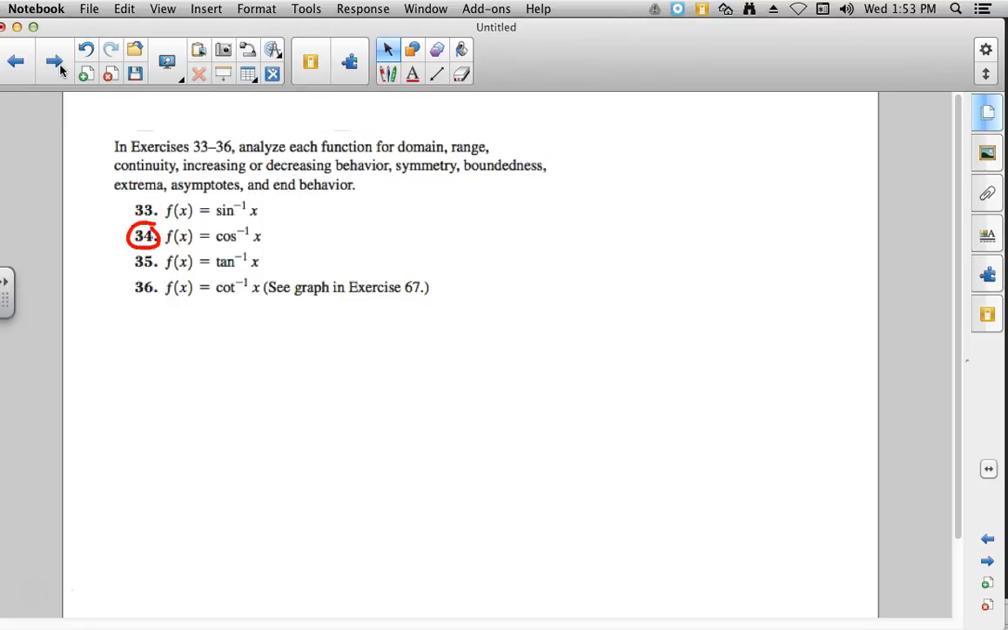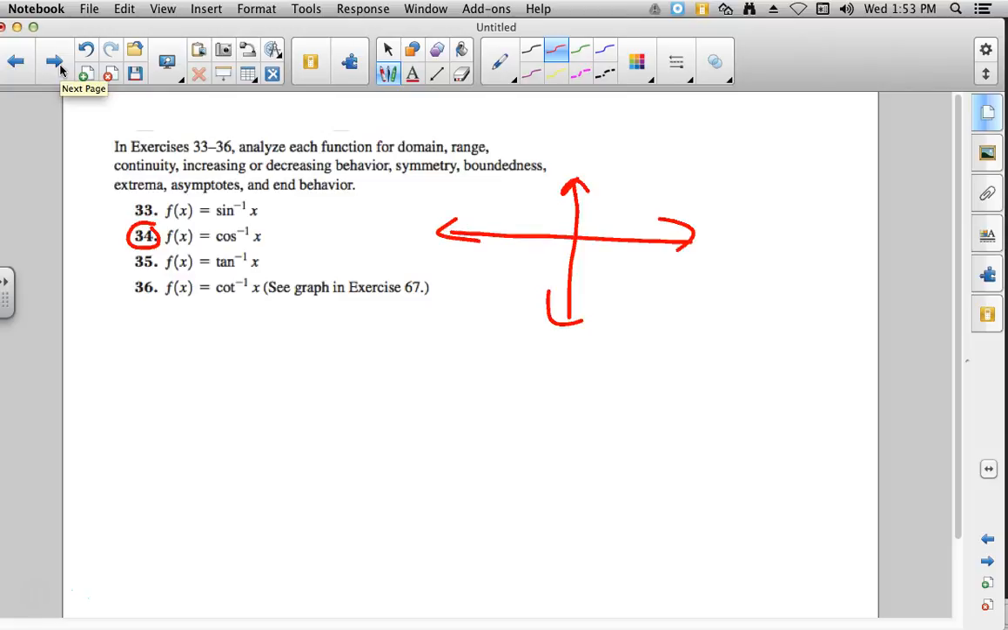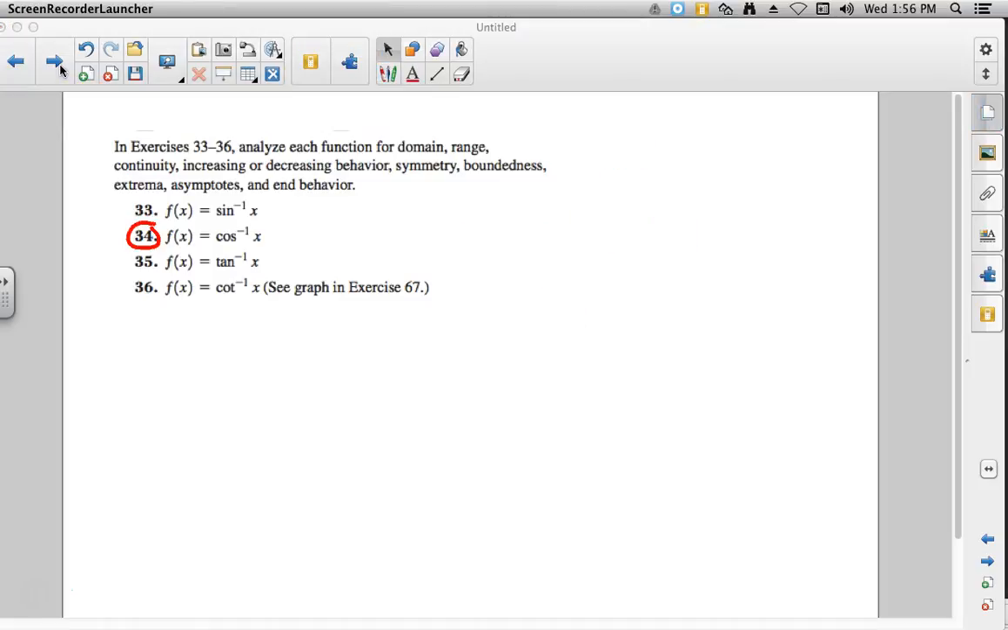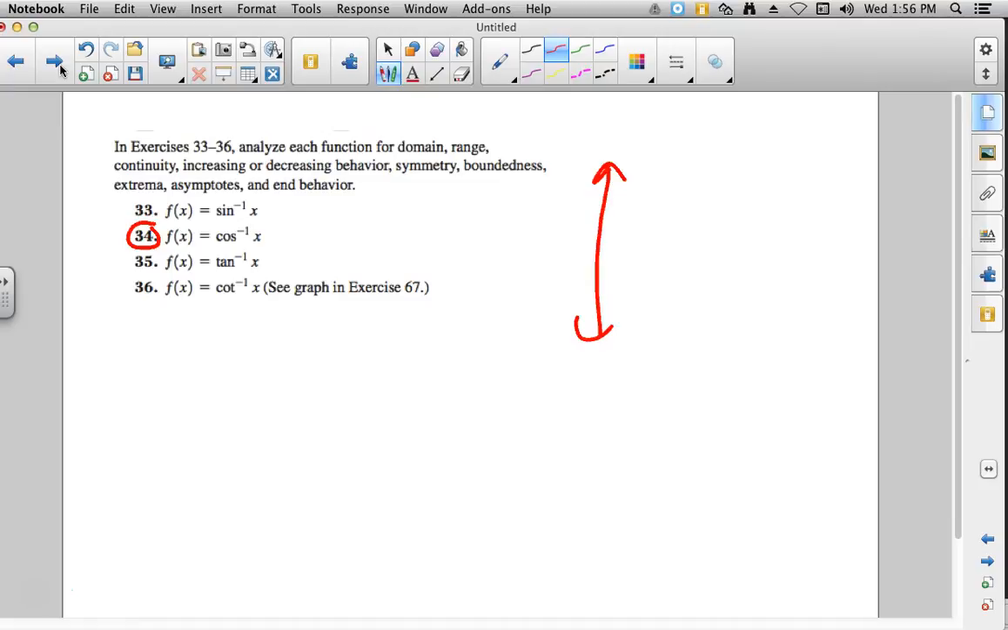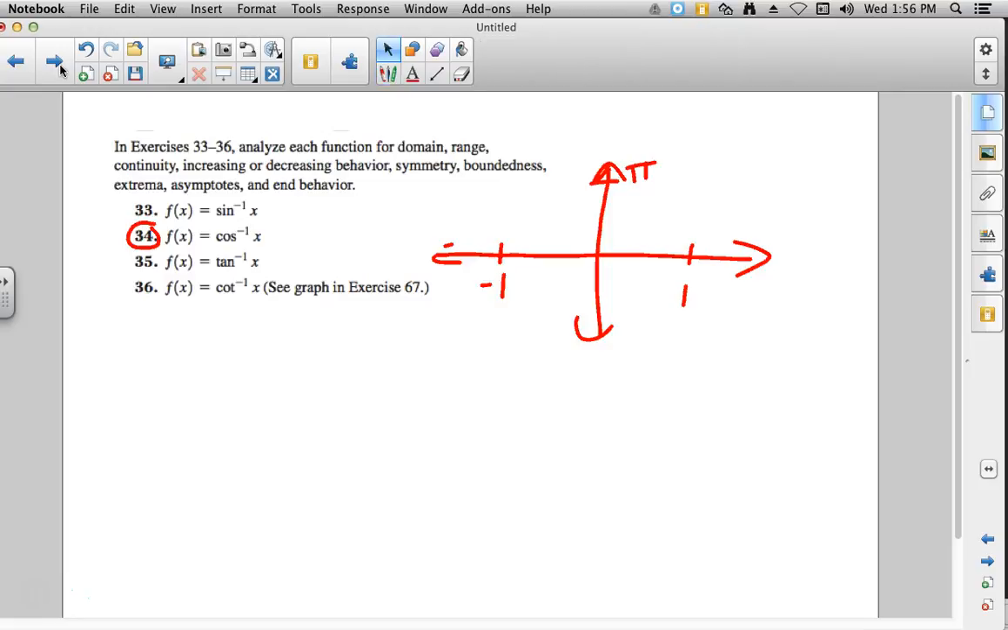Number 34, analyze each function for domain, range, continuity, increasing or decreasing behavior, symmetry, boundedness, extrema, asymptotes, and end behavior. The first thing you want to do for number 34 is go back and get a sketch again of what cosine, inverse cosine looks like. A quick sketch should help everybody out on this one. So you go back and you take a peek at what we had for inverse cosine, and you will see that this is the information